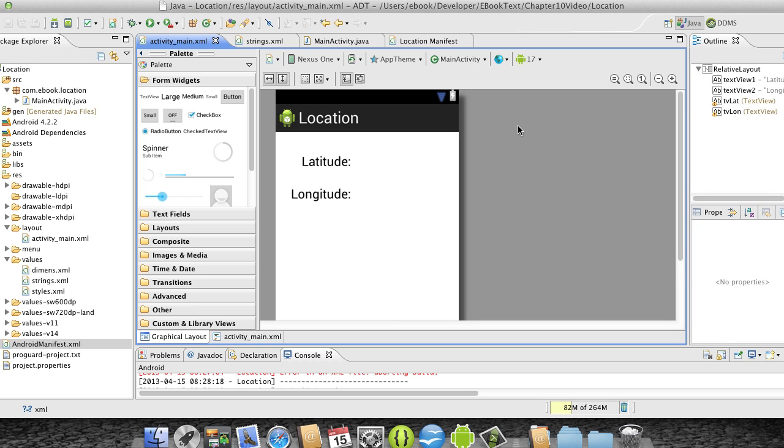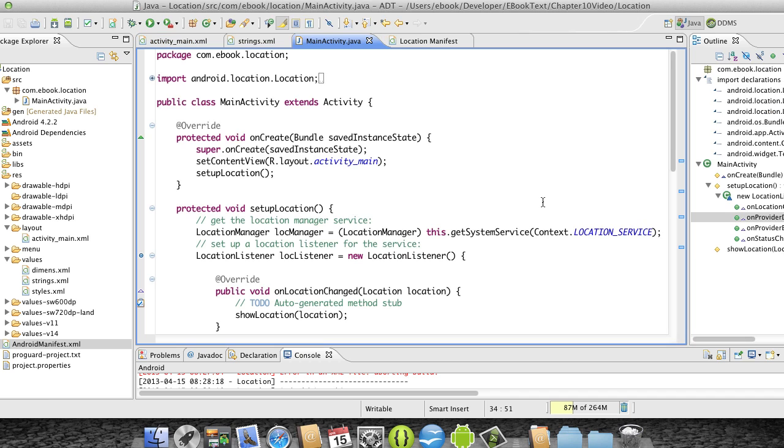testing purposes. So what I've got here is a very simple layout. I've got 4 text views. Of course, you can't see the other 2, but I've got a latitude and a longitude label, and then I have 2 other text views that I'm going to populate with the actual latitude and longitude that I send to my application. In my main activity, I have set up just a regular, simple main activity, extending activity as always,